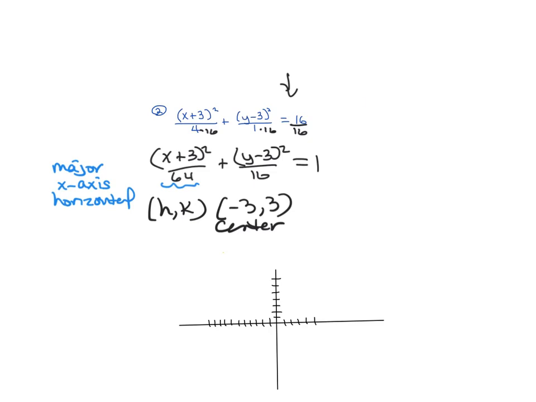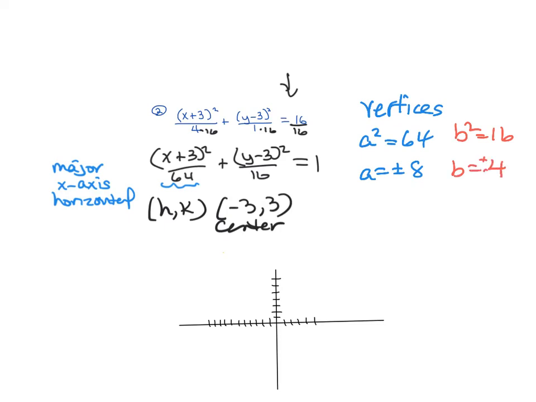I need to find the vertices. So I need to figure out what a equals, because I need to add that to the x. So a squared equals 64, square root it, plus and minus 8. b squared equals 16, square root it, plus and minus 4. So this would be for your co-vertices. Now to find your vertices,